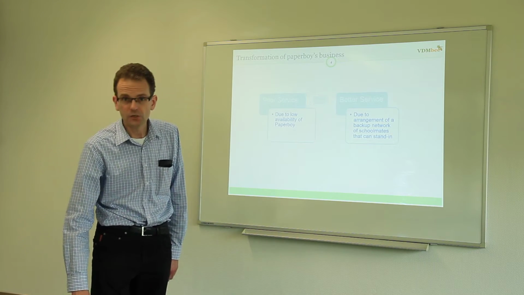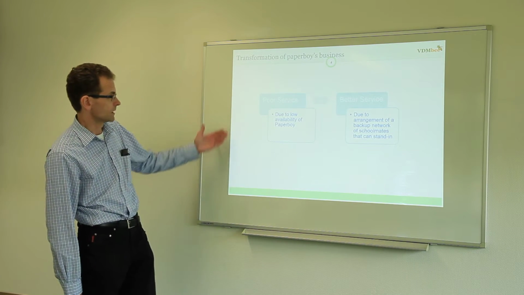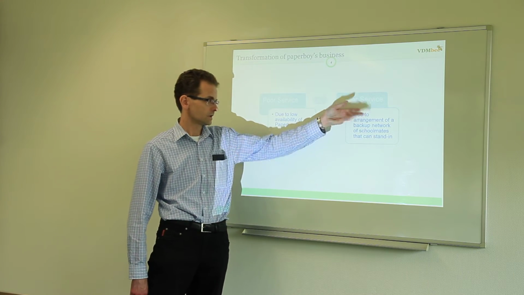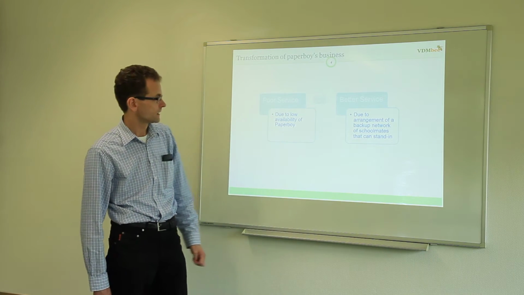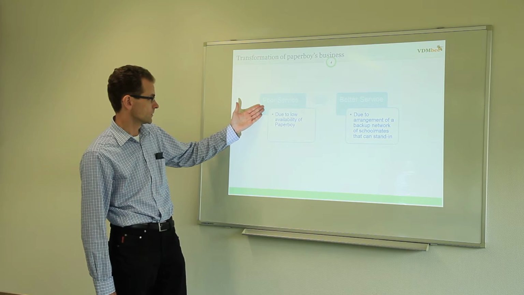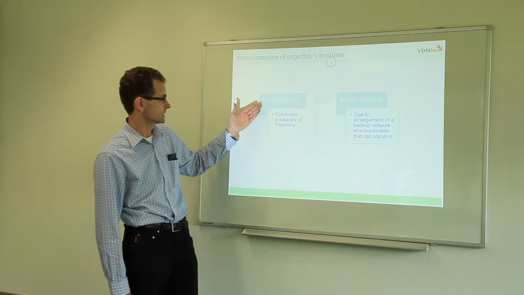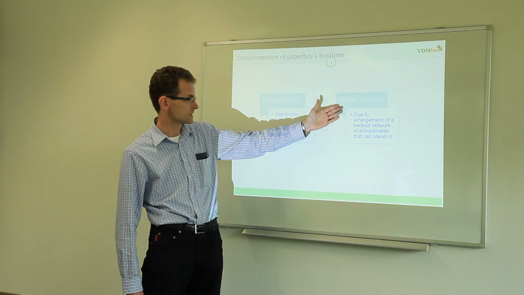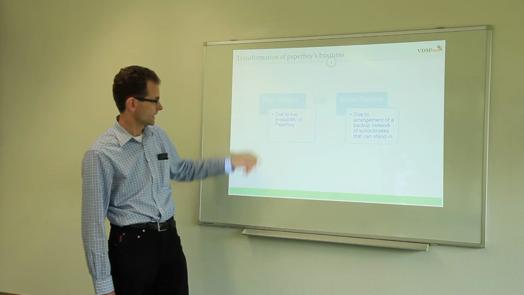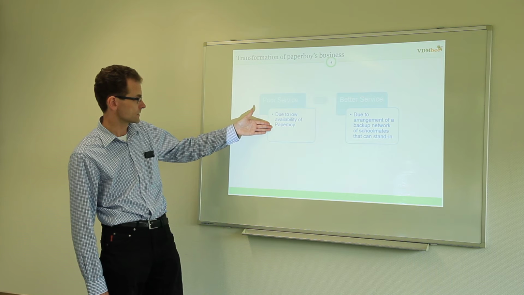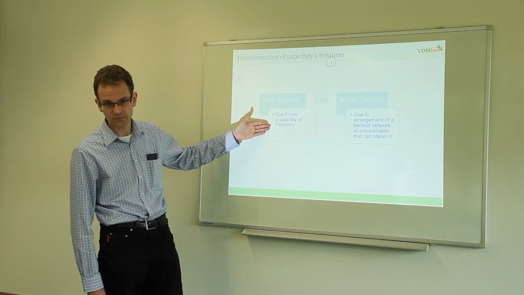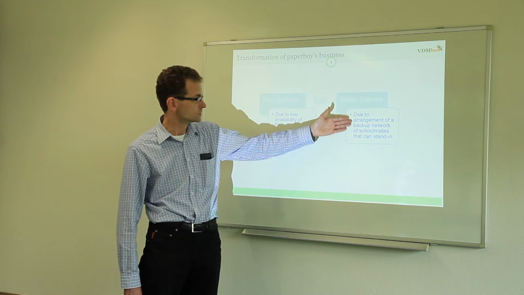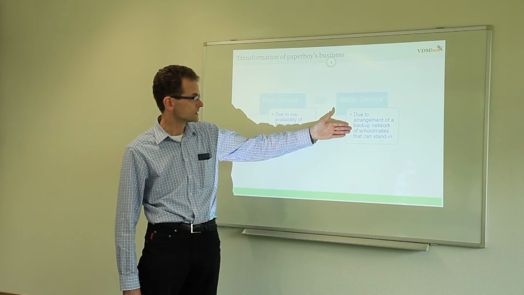And on the next page you can see the situation, and we talk about a plan to achieve this strategy, namely going from an as-is to a to-be situation, from poor service delivered to a situation in which he delivers better service. And as explained, the poor service came from the low availability of himself, and due to the arrangement of this backup network, he can do a better job.